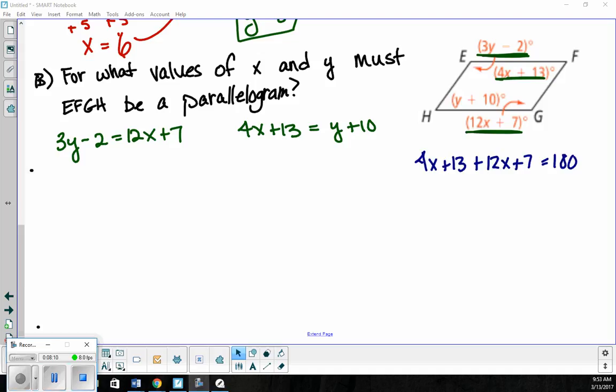So there's more than one way to deal with the angles because the consecutive angles need to add up to 180, the opposite angles need to be equal. So this is probably an easier way to do it. Now, always pay attention. This is the other thing I've noticed. Always pay attention to where your equal sign is. Okay? If things are on the same side as the equal sign, we're just going to combine them, add them or subtract them as necessary with the